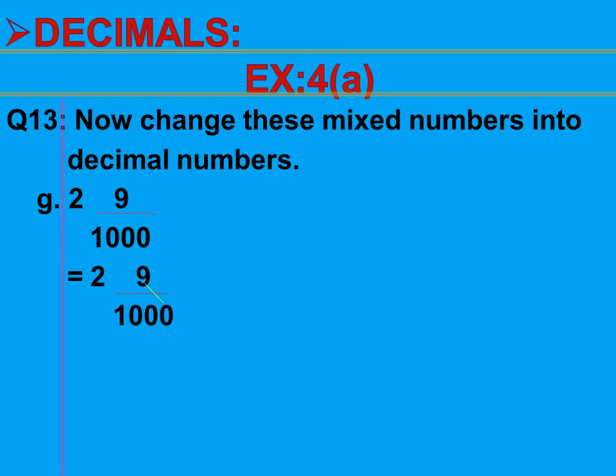Now dear students, you can see that we have no more digits in the numerator to replace the other 2 zeros of the denominator. So we will simply write 2 zeros as they are and we will replace the 1 of the denominator with a point. At the end we will get our answer like 2.009.